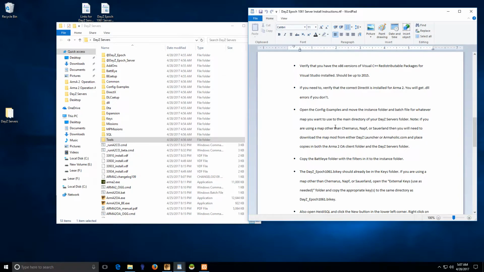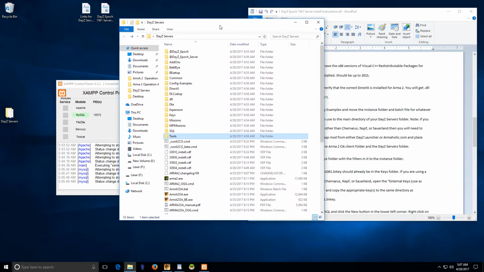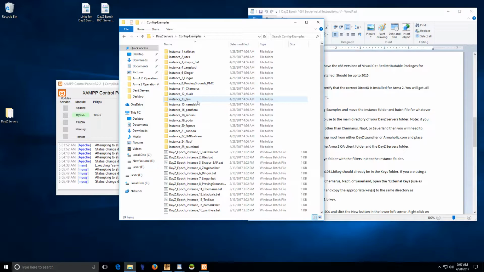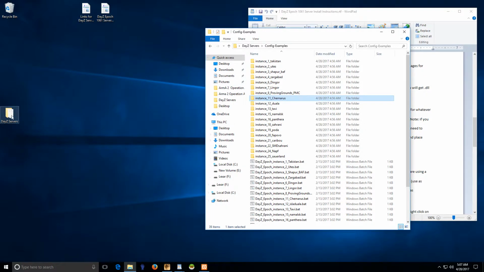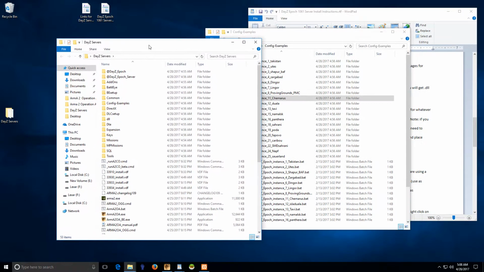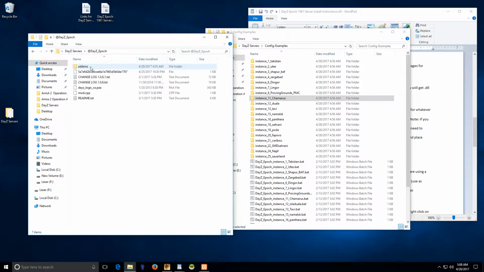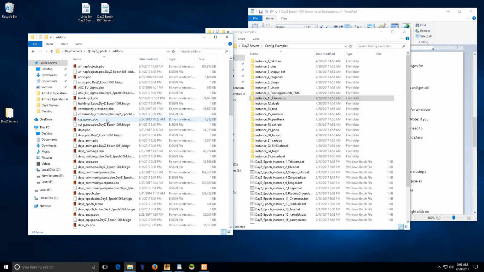DirectX. Okay, so let's go into config examples. This is where you're going to choose what map you want. So I'm just going to do Chernarus, but let me show you this. Let me minimize that. If you go into DayZ servers and go into Epoch client files, you'll see that there's